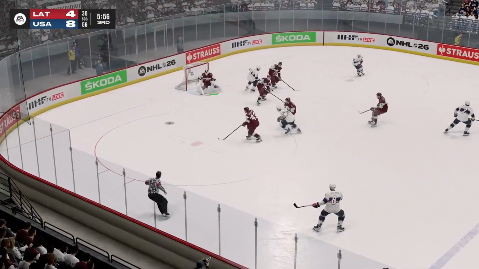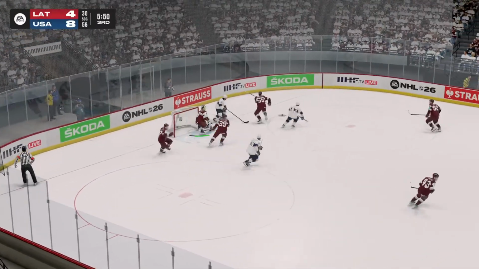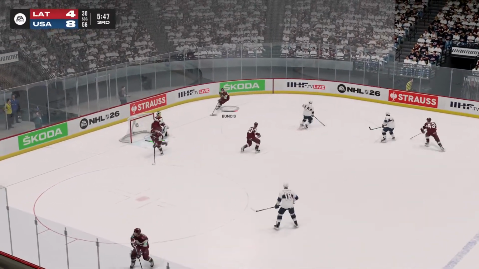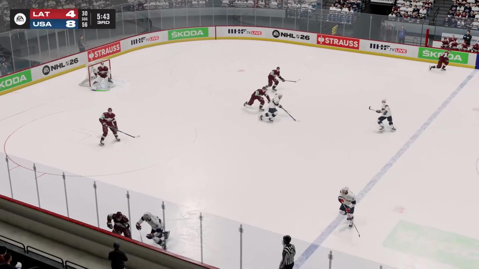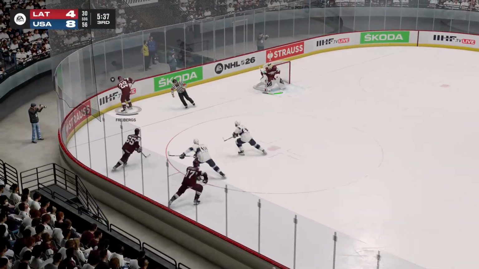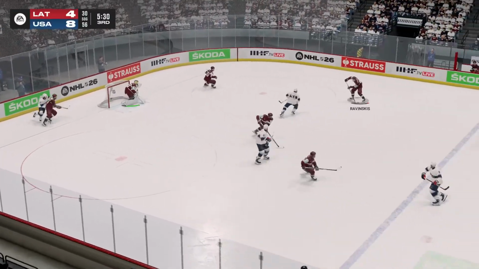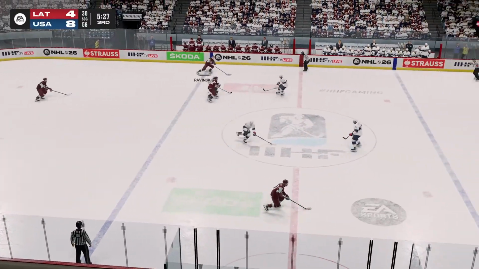Kesselring drops it off. O'Connor off a body. Comes into the corner. Back behind the net. Nazar. Out in front. Try. Didn't get through. Zierkal's pinned along the boards. Floats back out to the corner. Big hit by Will Smith, but kept alive by Latvia. And they'll get out of the zone.